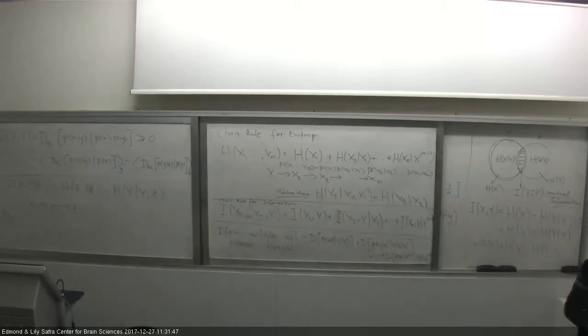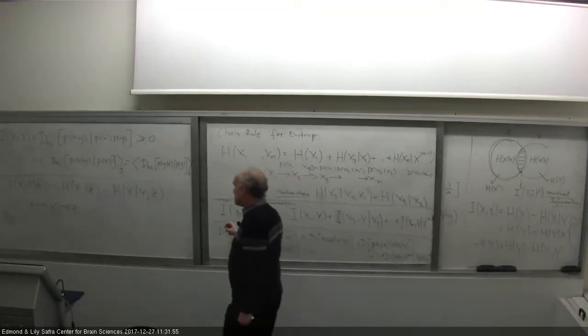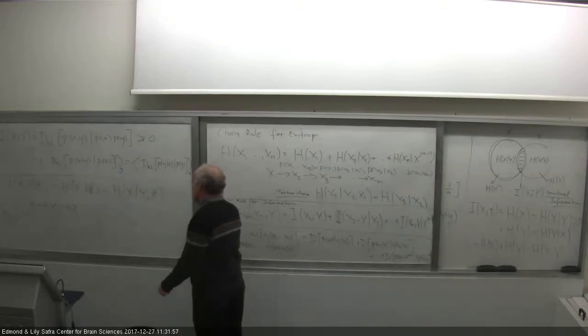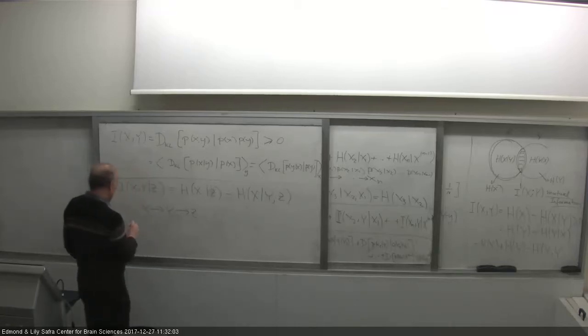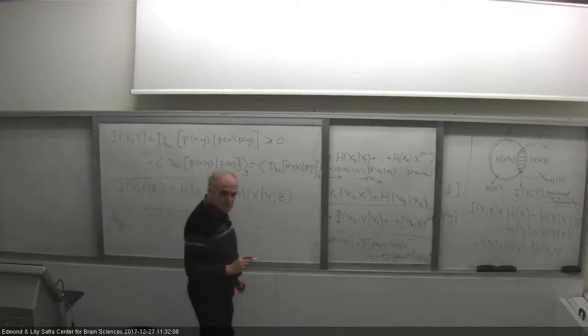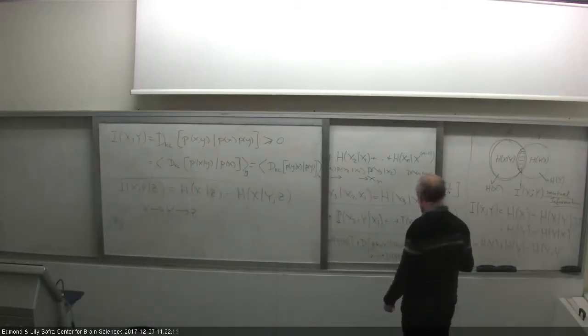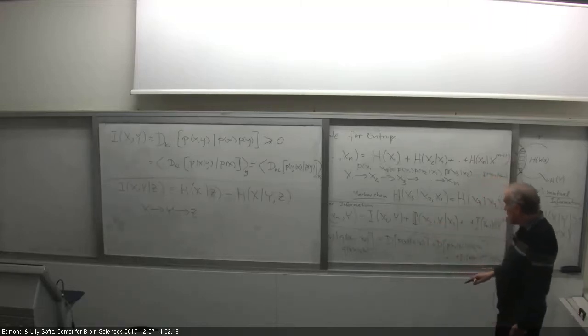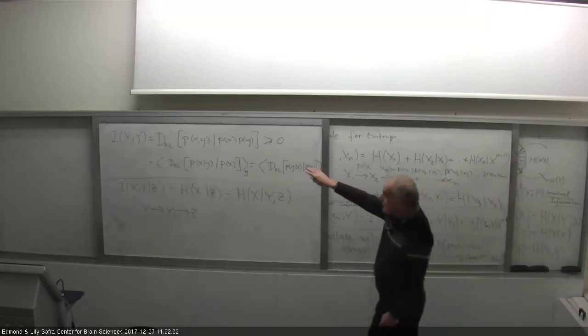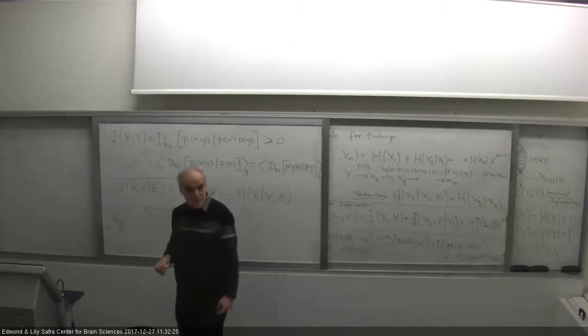Yes? Is there a simplified chain rule in case of Markov chain? Yes, I'm going to talk about this now. Yeah, so this was just the definition of conditional information, and the chain rules actually tell me the following. I didn't see what's the connection between these two formulas, the DKL one and the information one. What's the connection between this and this? So I can write information as a DKL, okay? Now, I can write it in various ways.